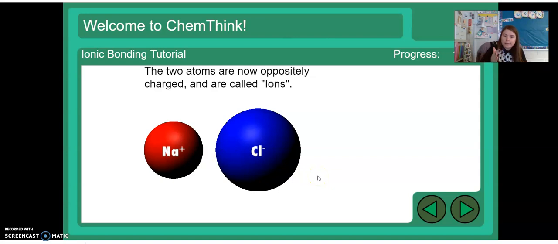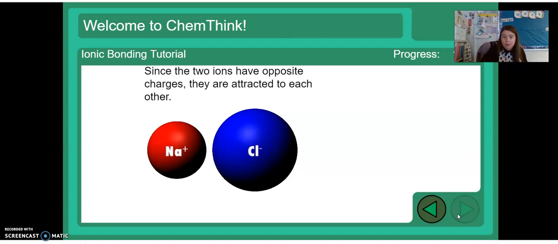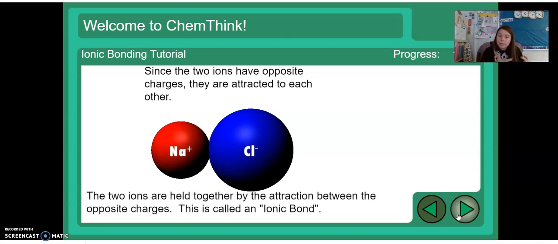Because they have those positive and negative charges, that's what makes them ions, and that's also what attracts them to each other. Because the sodium is positive and the chlorine is negative, they're going to be held together by the attraction between their two opposite charges. And this is what's called an ionic bond. Ionic bonds are going to come together and hold together because of those positive and negative charges of the two